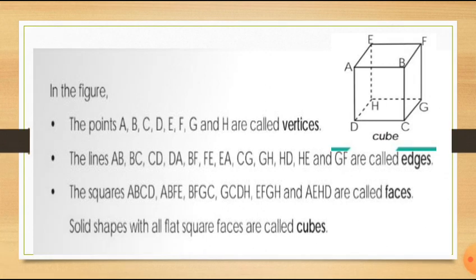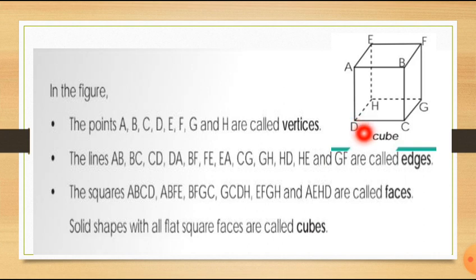And now everyone look at this picture. Here shown is a cube, and here we will find out the vertices, edges and faces of a cube. Vertices means where two edges, that is AD and DC, join at a point. Here the sides DC and AD are joining at the point D, isn't it? So, this D is the vertex. That is the corner. All the corners are called the vertices. So, the plural of vertex is vertices.